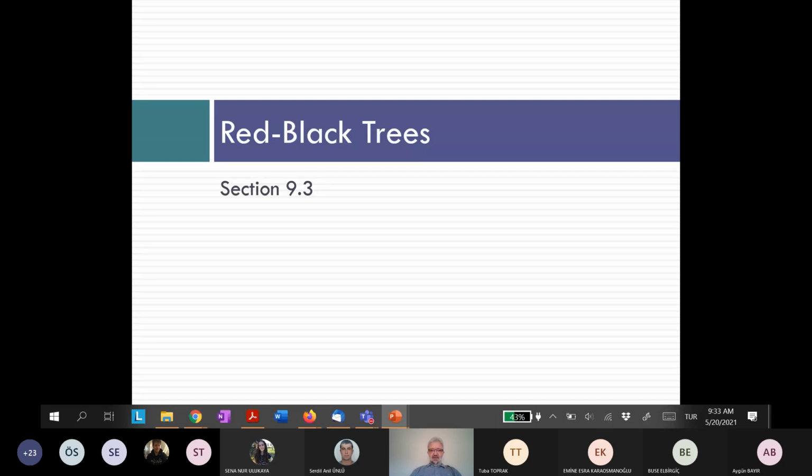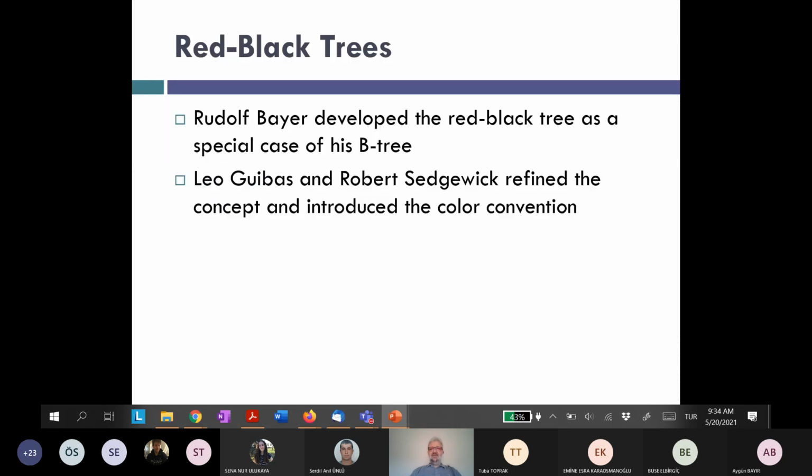If you have a question about AVL tree that we have discussed last time, you can ask right now, or I'm gonna start talking about red-black trees. Okay, I think you don't have any question. So,